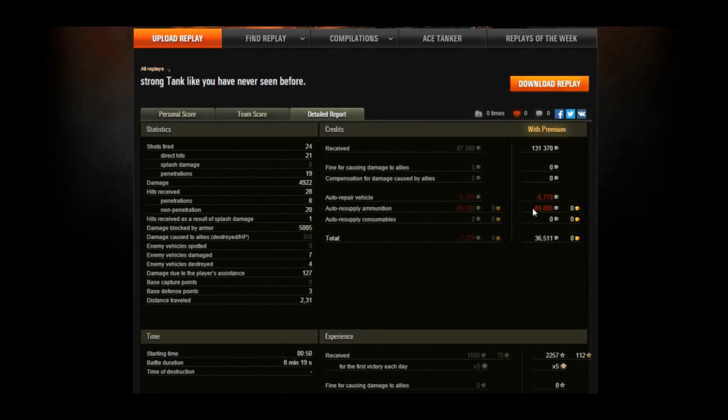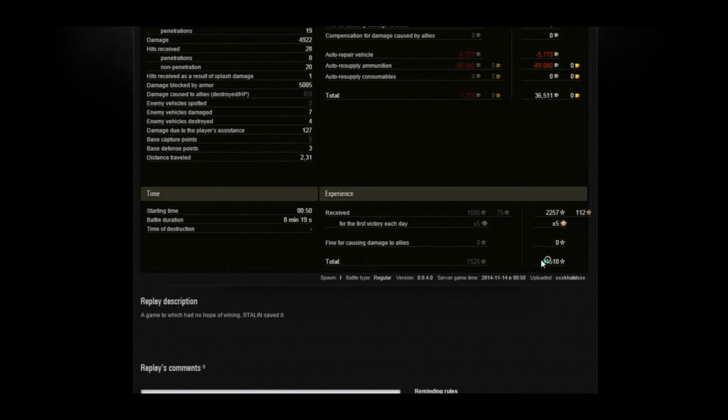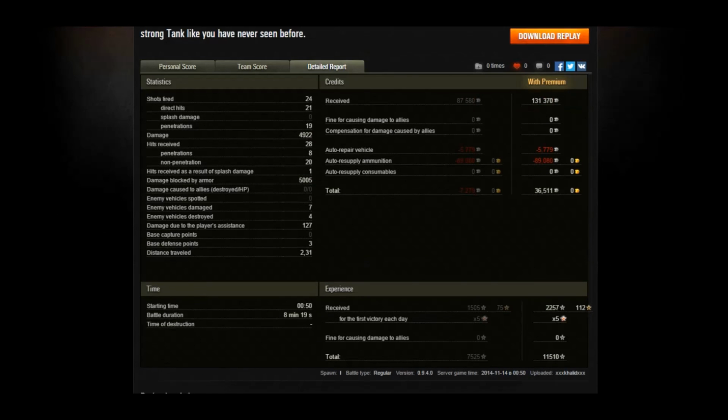And even though he was firing a lot of gold in that game, and the ammo costs were expensive, 89,000 credits for ammo, wow. He still came out with a profit of 36,500 credits. Of course, that was with a premium account. With a standard account, it would have been a loss, unfortunately. But it's a money maker, and I really don't criticize anyone. The KV-5's penetration with the standard AP is, as I say, the worst of all the tier 8 premium tanks. 2,257 XP on a ×5 event left him on a huge